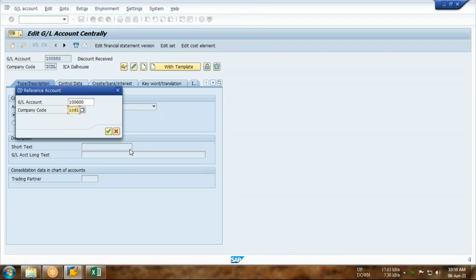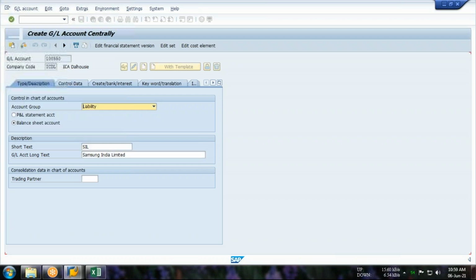Guys, we taught you how to copy a GL, right? Yes, sir. So already you have done a vendor GL. So next time, whenever you are going to create a fresh vendor, one more fresh vendor GL needs to be created. So that time you have to copy, you have to do like this. Click on the copy option and enable this. So liability balance sheet account. So I just need to change the name of the vendor, and the remaining part will remain same.